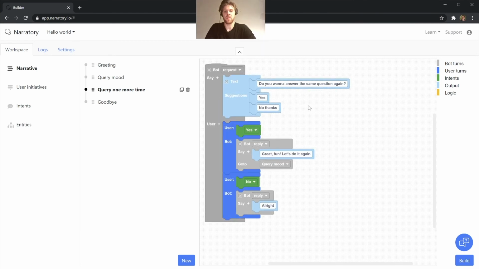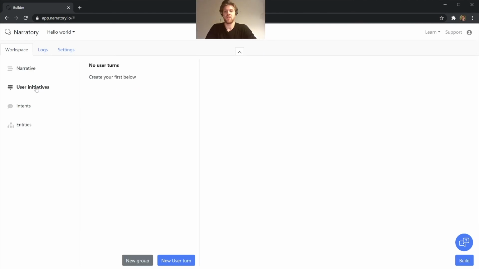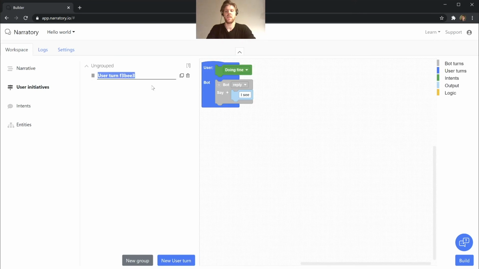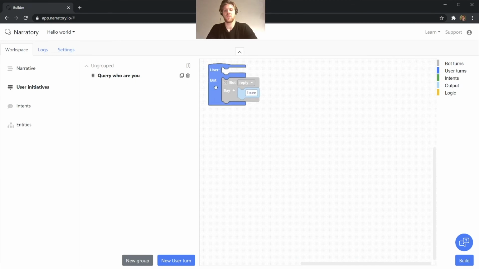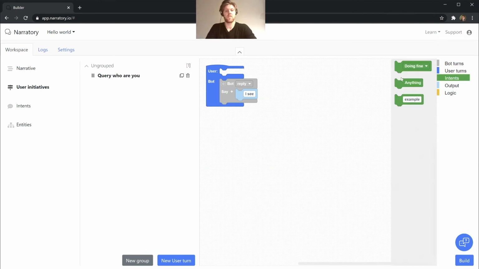Okay, so now we will add our first user initiative to this bot, and we go over to user initiatives, we press new user turn, and here we add something called query who are you. And remember that we wanted to allow users to ask this out of domain question. So here you see that you start off by having a blue block, a user turn, and then it looks the exact same. So you have the same building blocks here, and instead of using